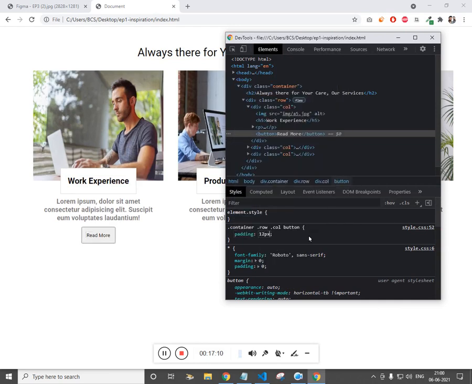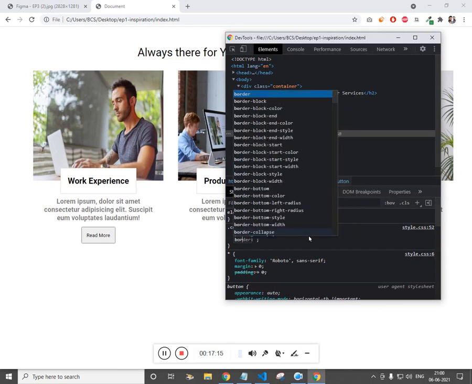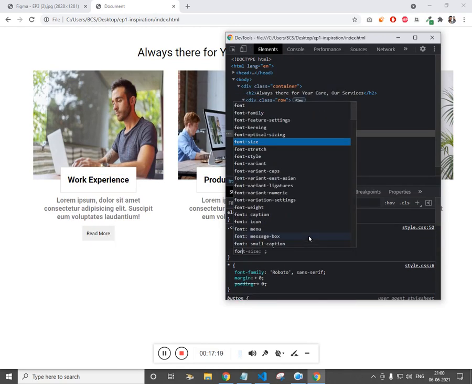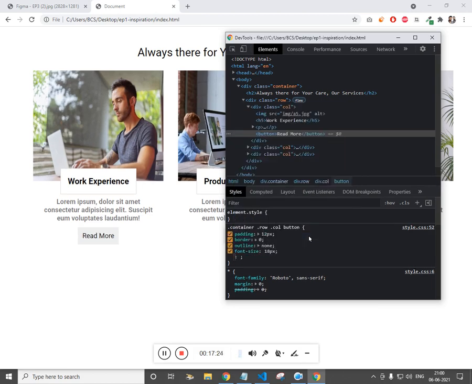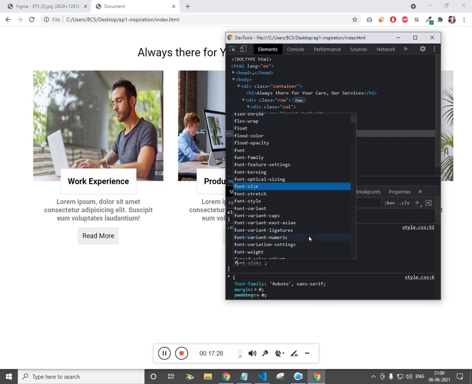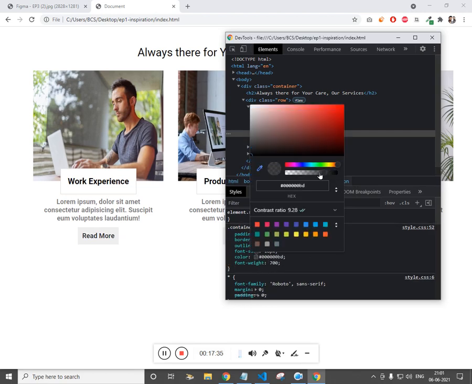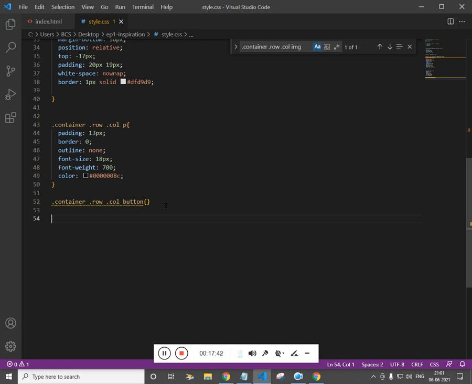Padding 12 pixel, border 0, outline none, font size let's say 18 pixel, and then color black, font weight 700. Let's decrease the opacity. Cool. Place this for button.